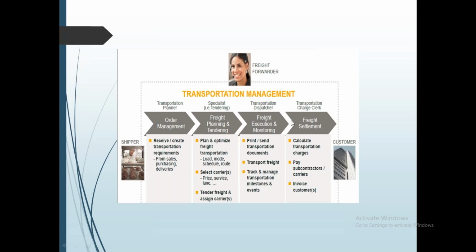If you see order management, mainly this is for a shipper scenario. So this is my shipper, and I create a purchase order, sales order, or outbound delivery, inbound delivery. I hand over the requirement from ECC to TM. Because in that case, my source location is my shipping point, and my destination location is my ship to party. So TM knows, okay, my source location is always my shipping point. Then they see, okay, in the sales order, purchase order, I have the requested delivery date, right? That means I need to complete the handover of the goods to the ship to party by this date.